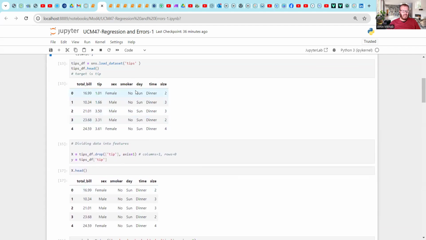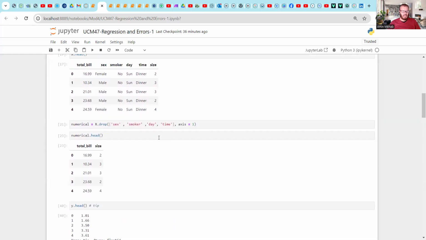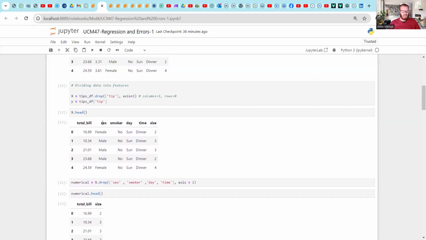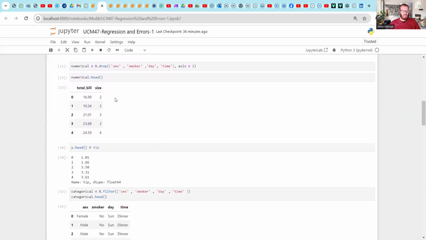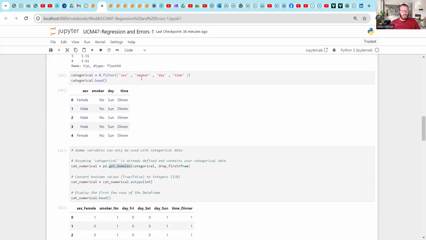But we cannot predict unless we convert first. Exactly, we're going to convert this categorical data into numerical data. Okay, so we know we're going to predict exactly the tips. So we're going to drop these ones here, and we're going to have the total bill versus size. All right, and for these data, sex, smoker, day, time, exactly,